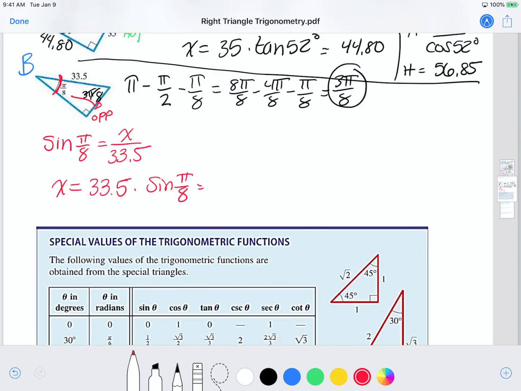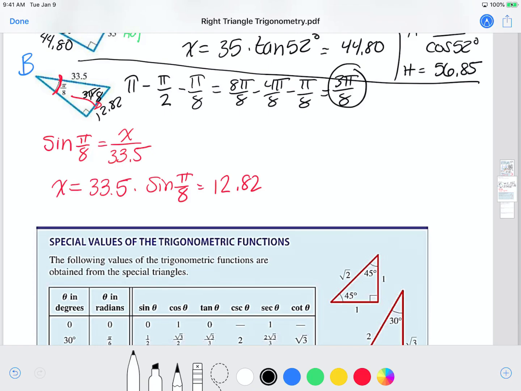Okay, so now we're in radians. So I'm going to take 33.5 and multiply it by the sine. And then in parentheses, I'm going to use my pi button, which is above my division sign. I'm going to find the sine of pi over 8, enter, and I'm going to get that value is, if we round to two places, 12.82. So the length of that opposite side here is